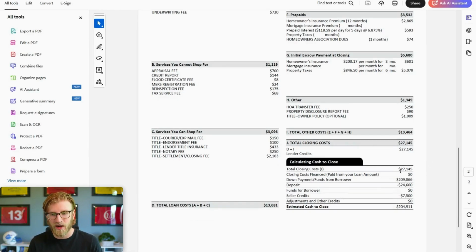Now, next, you'll see the breakdown of the total estimated closing costs, the down payment that the client is bringing to the table, the initial deposit that the client already made, which basically goes towards their down payment. And then lastly, there was a seller credit on this transaction. Therefore, we're factoring that in as well. So when people mention cash to close, that means the down payment plus closing costs after factoring in things like deposits, seller credits,